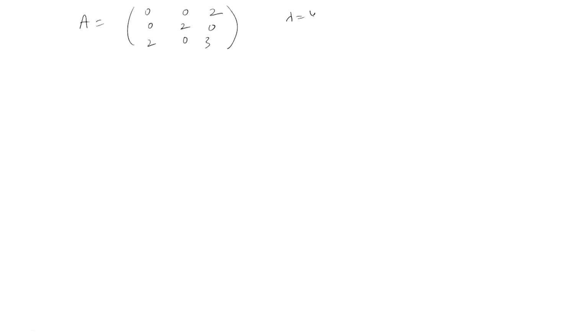Now, one lambda is 4, it is given to us, say lambda 1 is 4. Now, we know that the trace is equal to the sum of the eigenvalues. Let us suppose the other two eigenvalues are lambda 2 and lambda 3. It is of order 3 cross 3, so it will have 3 eigenvalues. So, the sum of the eigenvalues is equal to the trace of the matrix, that is 5, 0 plus 2 plus 3. Now, lambda 1 is 4, so this implies lambda 2 plus lambda 3 is 1.